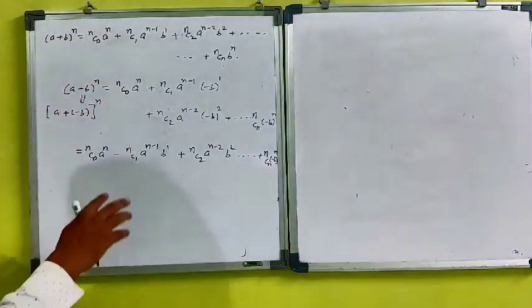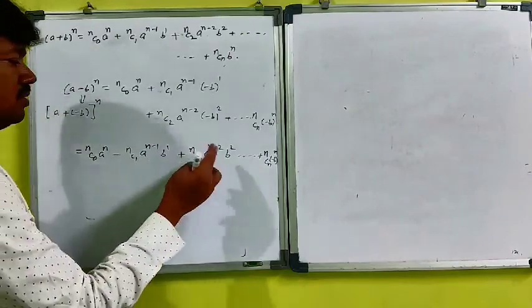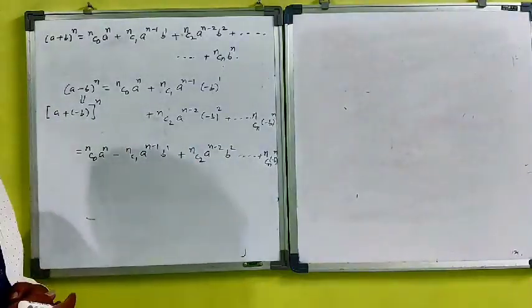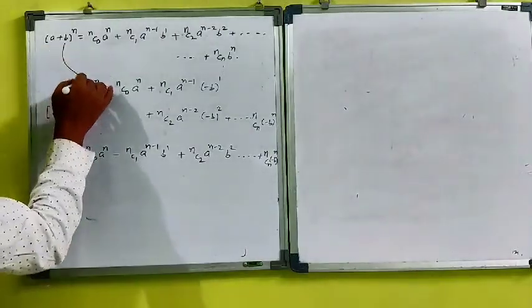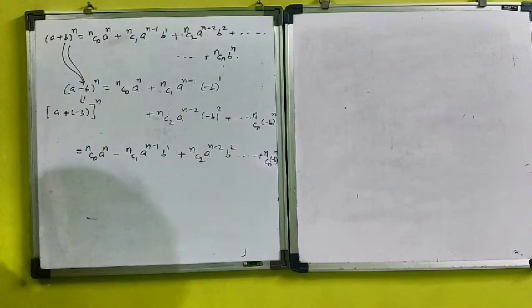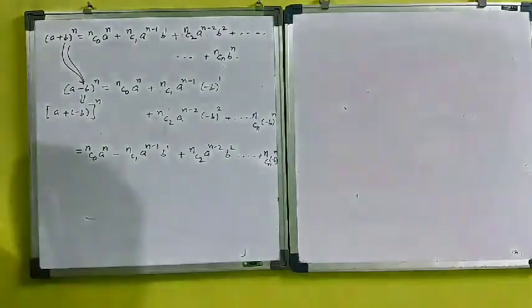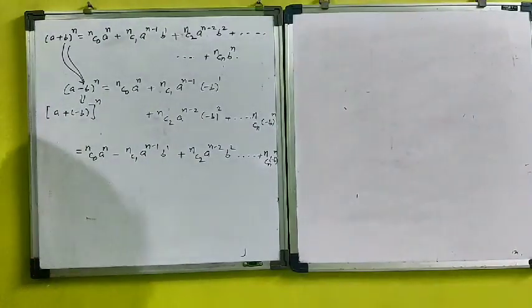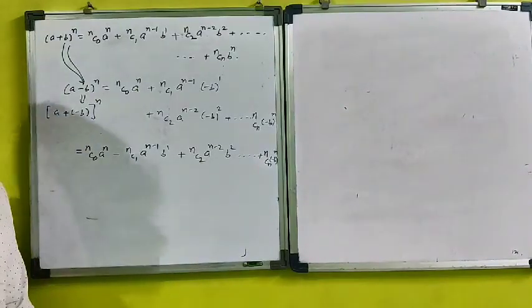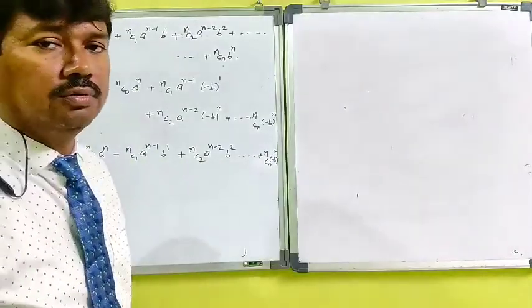So that means there is alternate plus then minus and plus then minus. This expression will come when the sign of b is opposite, that is minus b. When b is replaced by minus b, then this becomes like this expression. This alternate plus minus sign will come, and therefore